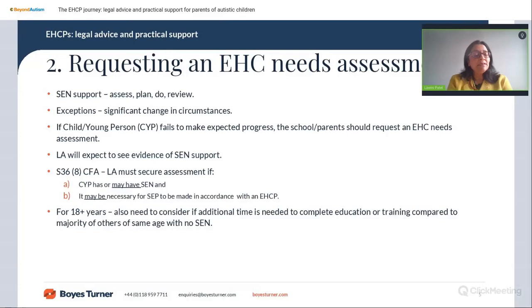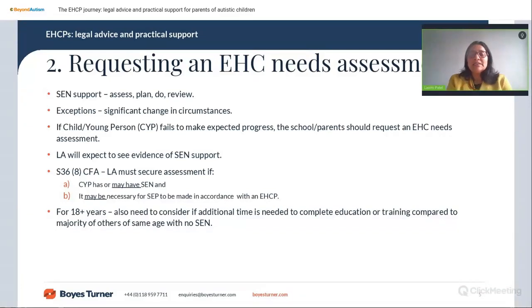So they ought to be sitting down with parents, looking at the child's needs, carrying out some assessments, making a plan about what provision and what support they are going to be putting in place, and then carrying out that support and then reviewing it. And this should be done with parents as well. And there should be several cycles of that where the school with the family are reviewing the support and looking at whether support needs to be amended, increased, different support needs to be put in place, and then to review that. And that needs to be a cycle of several of those sorts of assess, plan, do, reviews.